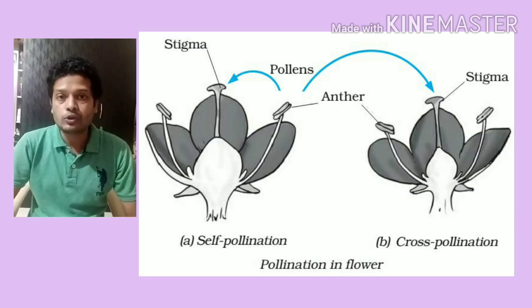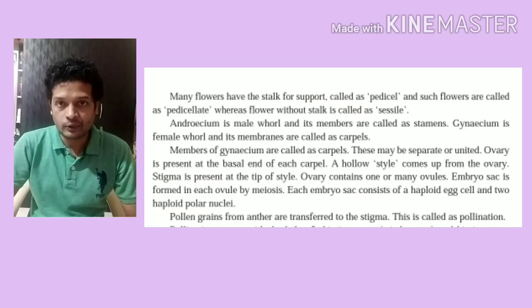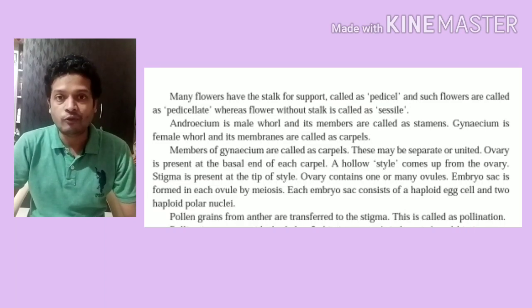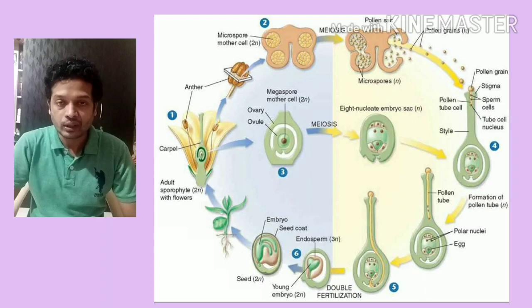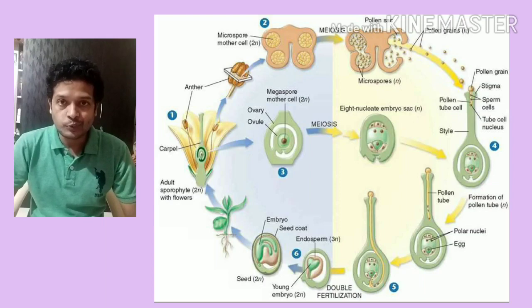Next concept that we are going to start is pollination. Now we already know that pollen grains are male gametes or male reproductive cells of the plant, and ovule is a female reproductive gamete of a plant. So these pollen grains grow and mature on anther of androecium, while ovules grow inside the ovary, which is a part of gynoecium. Now when the anthers become mature, pollen grains are transported to the stigma of gynoecium.